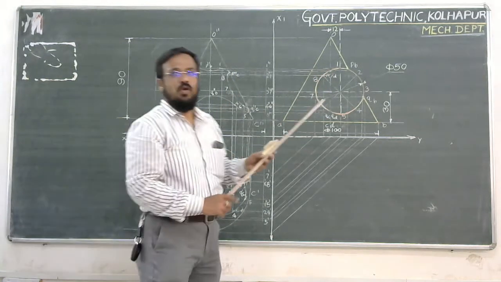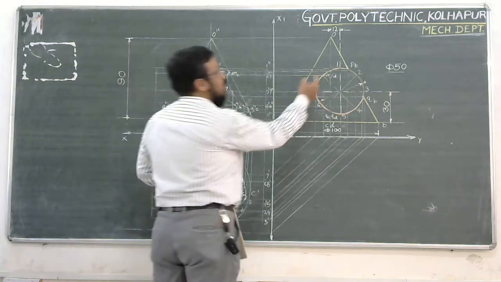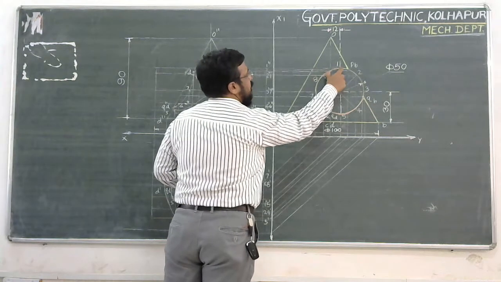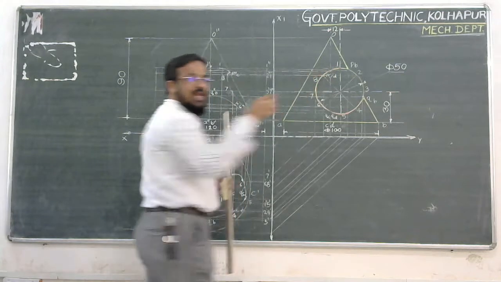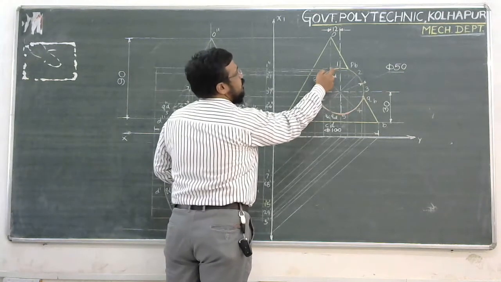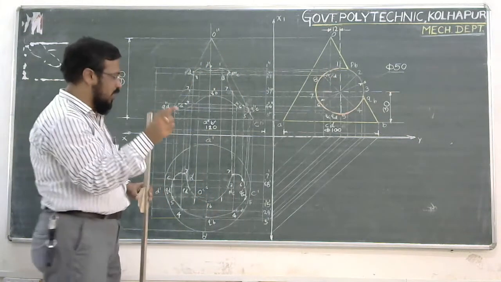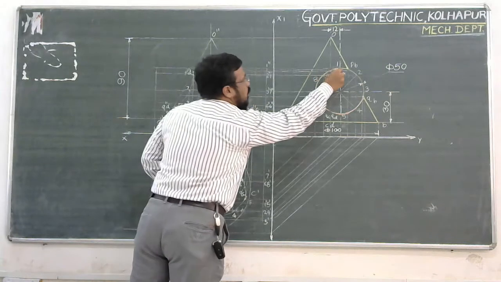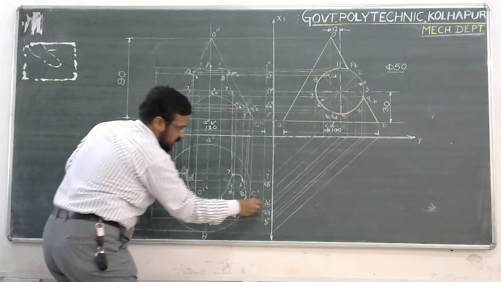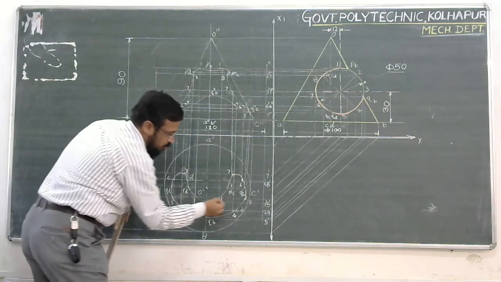So for locating this point number 1 into the top view, I have to consider the distance equal to this, because 1 is lying on this reference line. I treat this reference line as a cutting plane which is parallel to the base of the cone. Now the distance is from this axis to this end generator. Taking this axis to end generator distance into the compass and plotting it over the reference of this 1 projector which is projected backwards. This is the line where this 1 projector is being projected backwards.